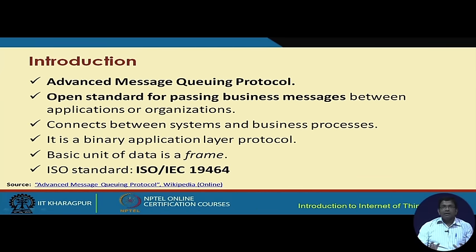So, this standard basically helps define how messages are going to be passed from business applications or organizations. So, in other words, a particular business is comprised of different systems and different business processes. So, a business can be conceived of as a collection of different systems and business processes. So, this particular standard helps in communicating between these systems, connecting between these different systems and the business processes of that particular business. So, it is a binary application layer protocol,